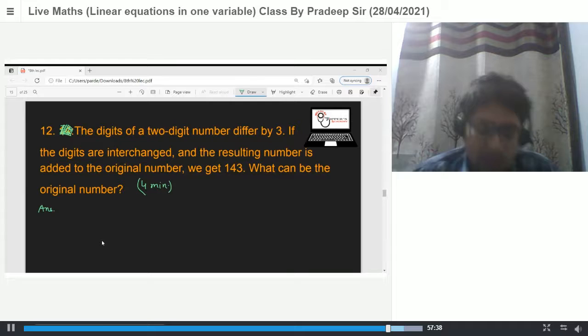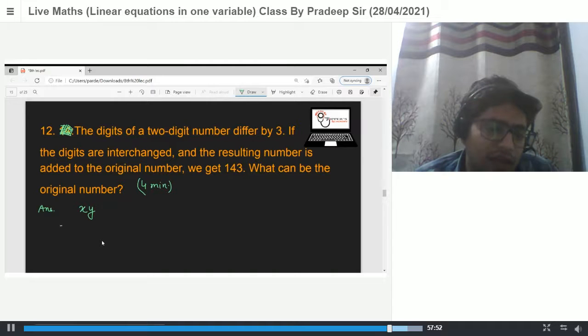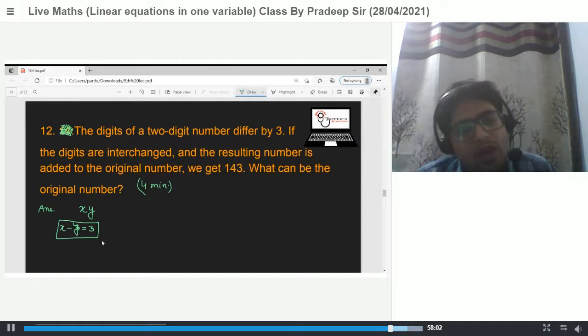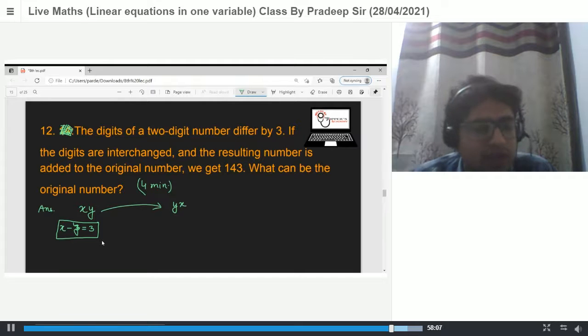So let's discuss this one again. We have a two-digit number which is xy. Yes or no? And we know that x minus y is 3. If you interchange the digits, you will get a new number which is yx. And the sum of these two numbers, yx plus xy, is